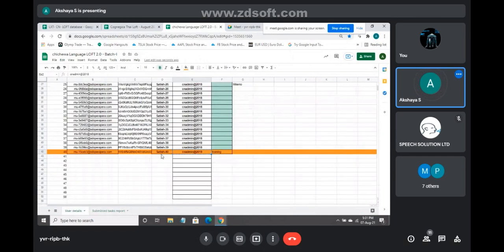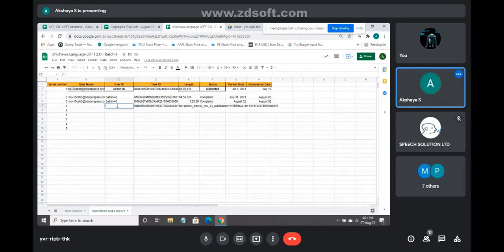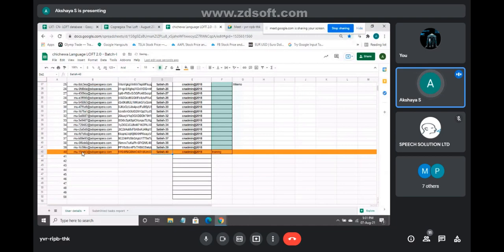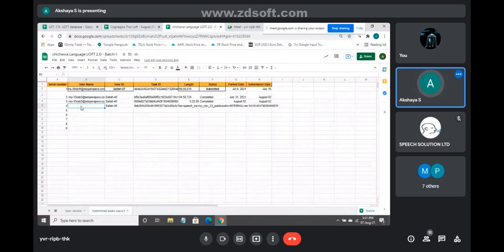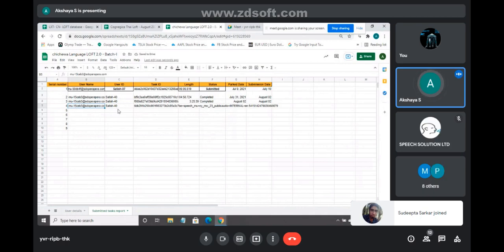Satish40 is my user ID, and my username is mu15cb3 at the rate sd opera. Just click on the cell and paste it. See, I have updated it.